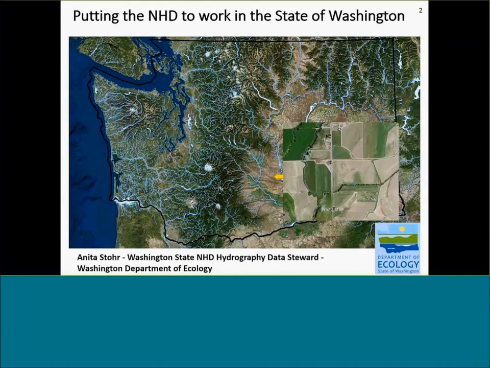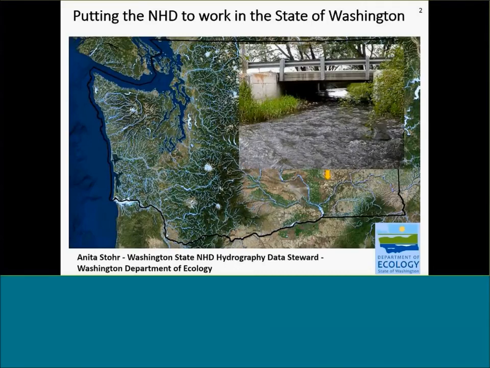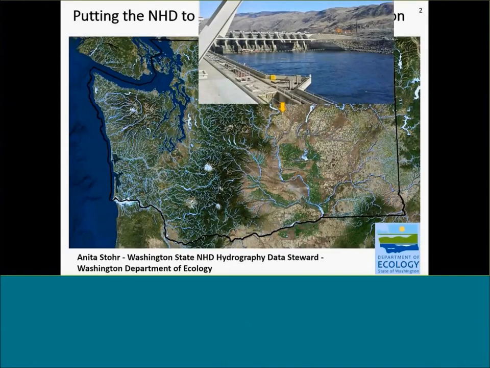And if you go over to the east side of the state, it's a lot drier and there's a lot of irrigated agriculture. And even though when you look from aerial photos that lots of these streams look small to folks, if we zoom in, I'm going to zoom into one of these streams at the road crossing. This is what one of those looks like in June of this year. So during snowmelt, those streams get pretty big, and then they'll dry up a lot of times by the end of the year, depending on how much irrigation is being pumped into those streams. We also have a lot of hydropower.